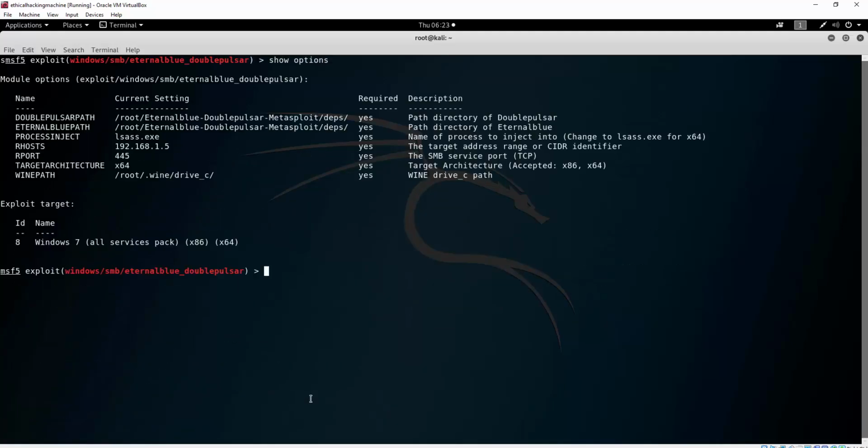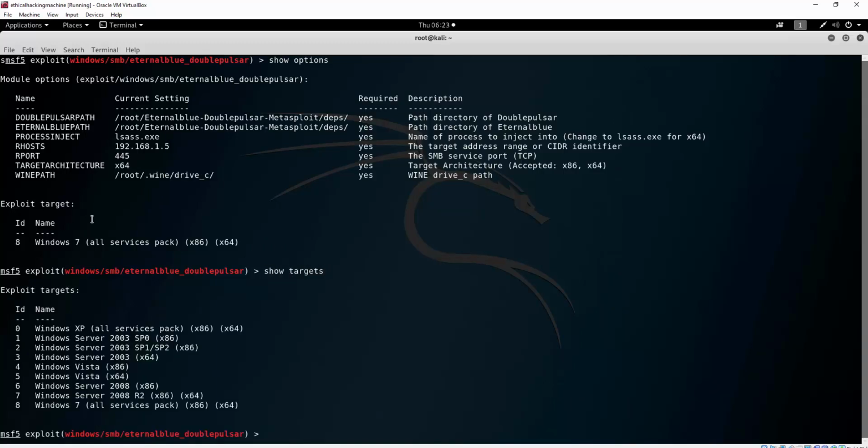The wine path is correct since our wine is stored in root/.wine/drive-c. Now the targets, let's see, show targets. It will say that the targets are all Windows basically versions until Windows 7. So we can see that we have Windows XP, Windows Server 2003, Windows Vista, Windows Server 2008 and Windows 7, all packs. So we select the target, so select or set,